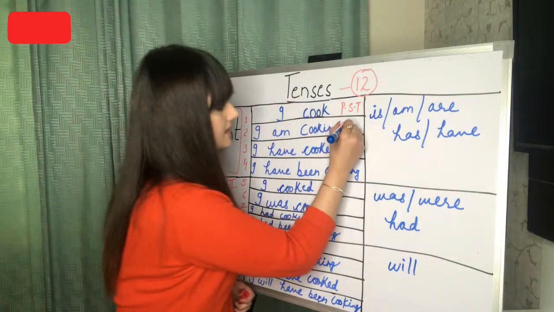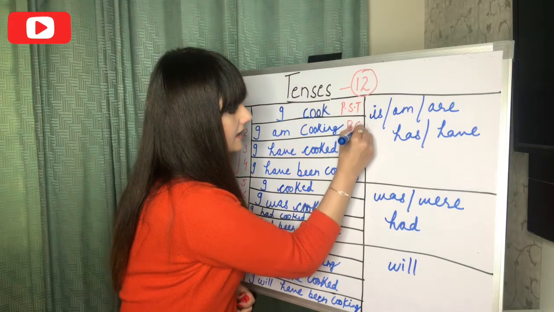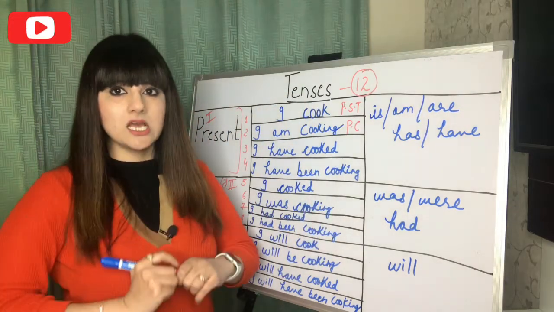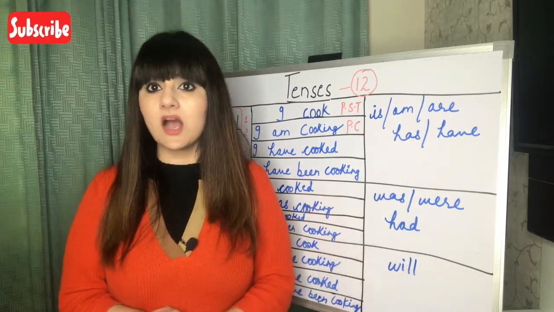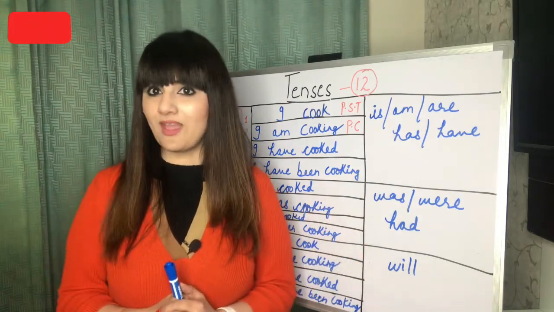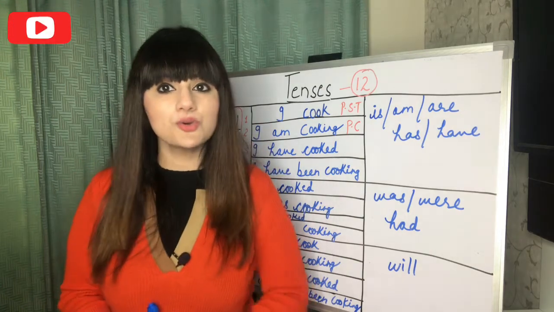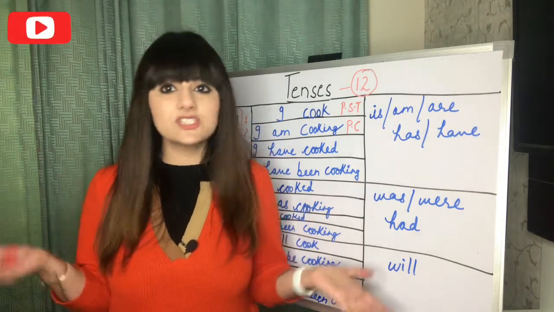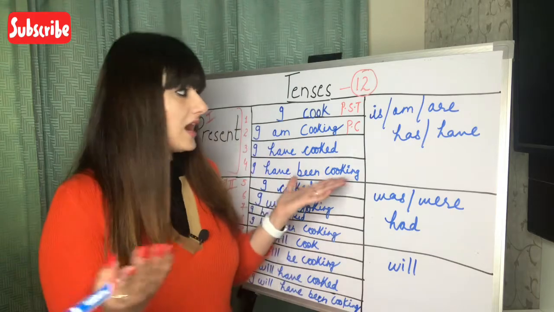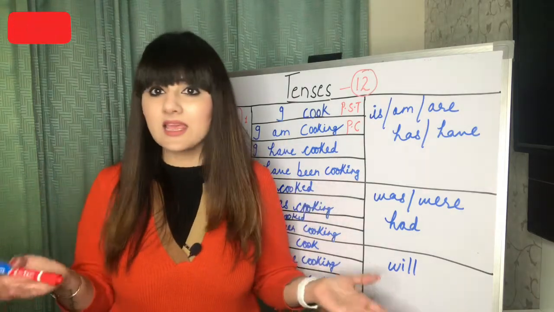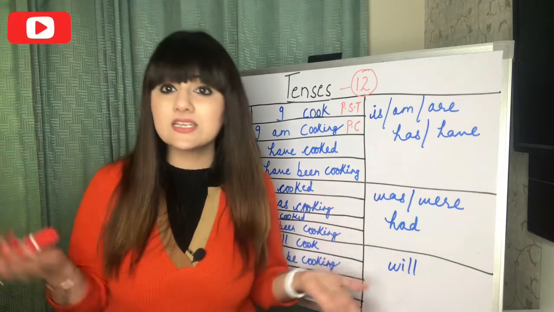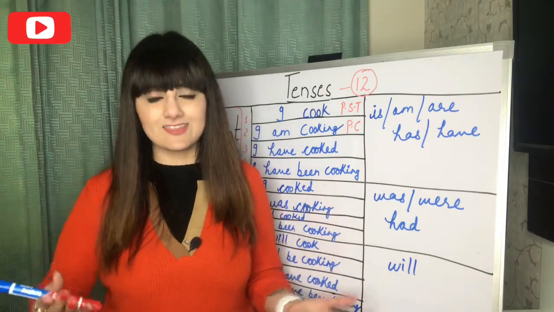Next one is the present continuous tense, right? Now, what are you doing? I'm teaching. So the question was, what are you doing? And I said, I'm teaching, right? And if you're cooking, you could say, I'm cooking. I'm playing, okay? I'm reading a book. You could say like this.